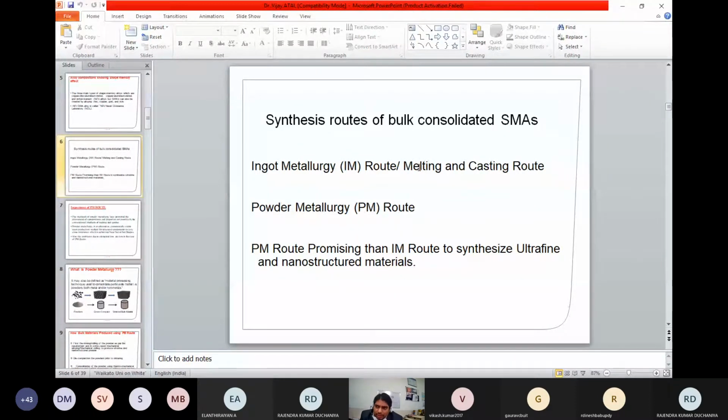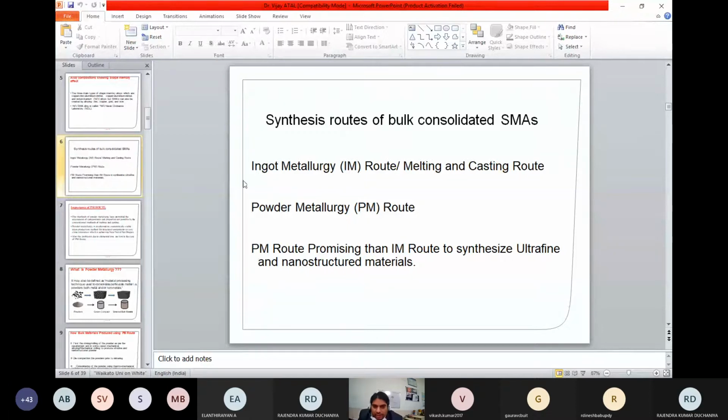So any process to produce a shape memory alloy should be done in a very inert atmosphere, such as an argon controlled atmosphere, or vacuum melting furnaces should be used, which makes the production of these materials a bit costly.